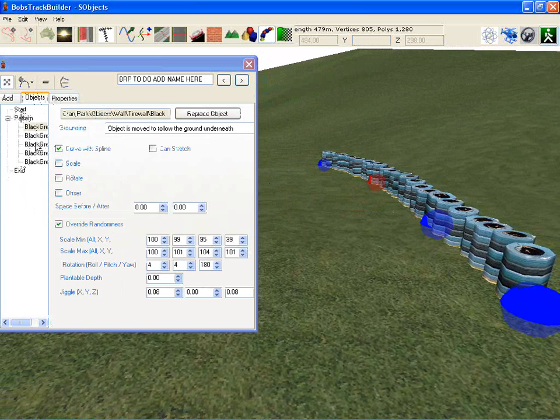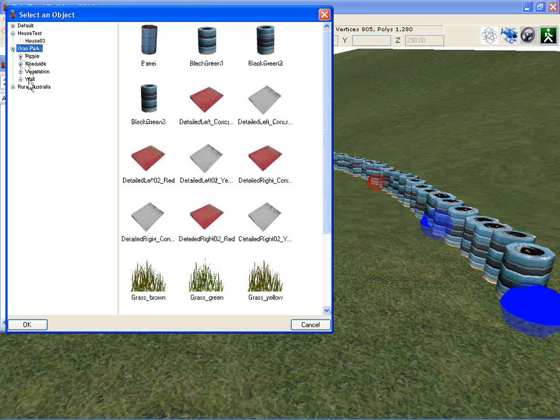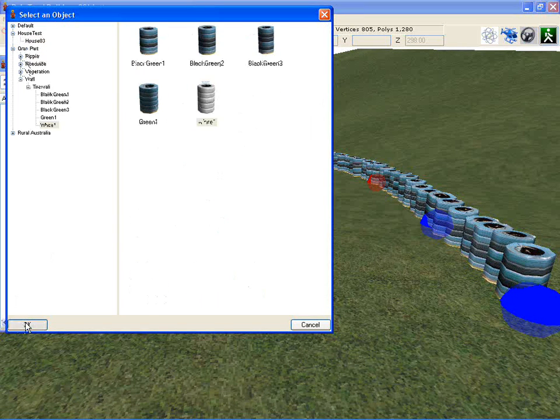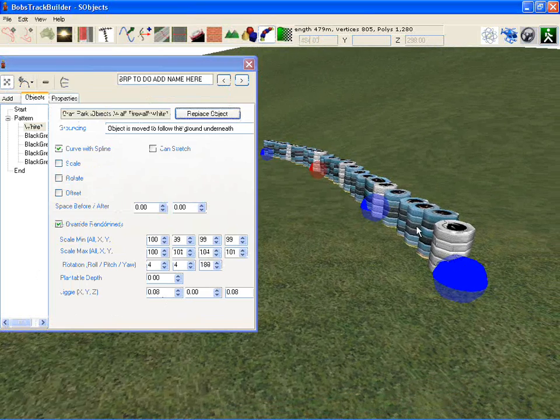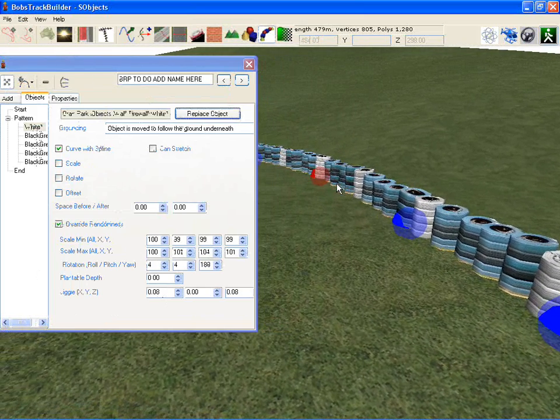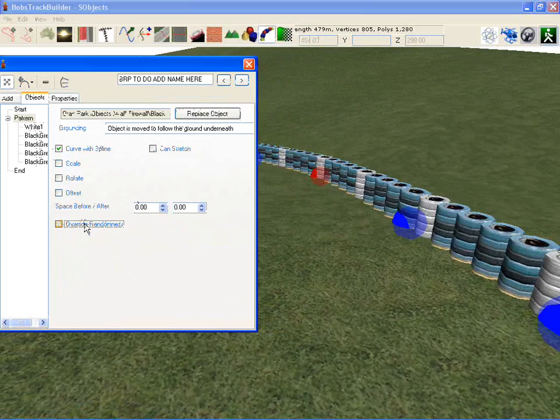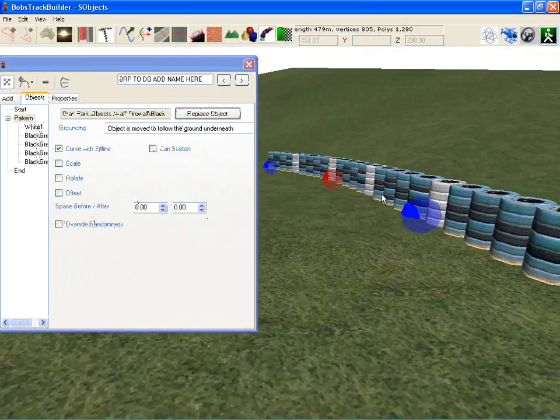To demonstrate that, I'll make that a bit more obvious. I'll just replace one of those objects, and we'll replace it with a white tire, and you can see there that the white tire is showing up in every fifth part of that wall. You can change the randomness for all of them, or turn the randomness off so it's a very neat wall,